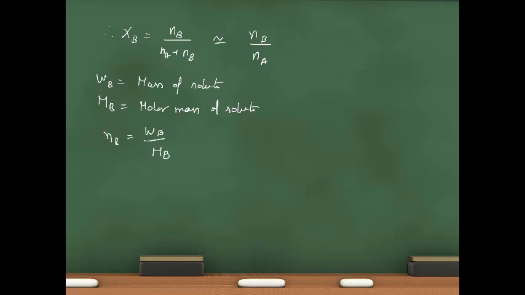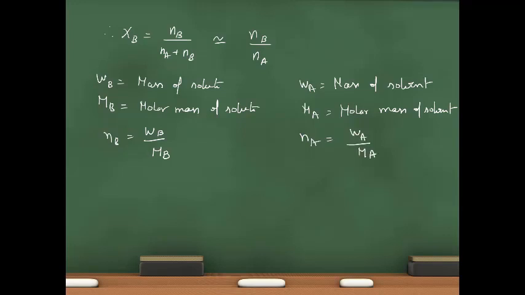If Wa is the mass of solvent and Ma is the molar mass of solvent, then Na is equal to Wa by Ma. So, Xb is equal to Nb by Na, which is equal to Wb by Mb into